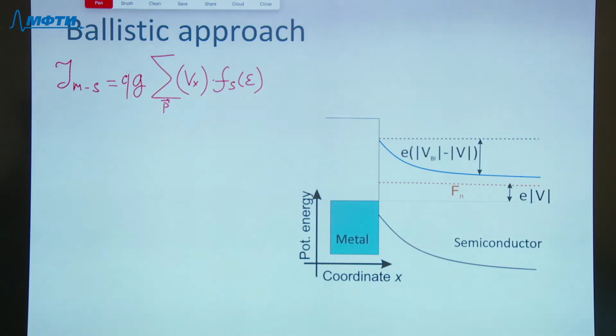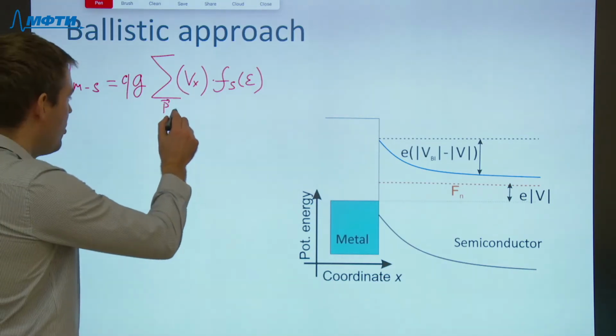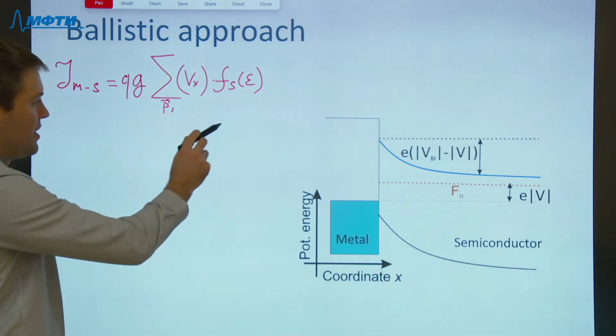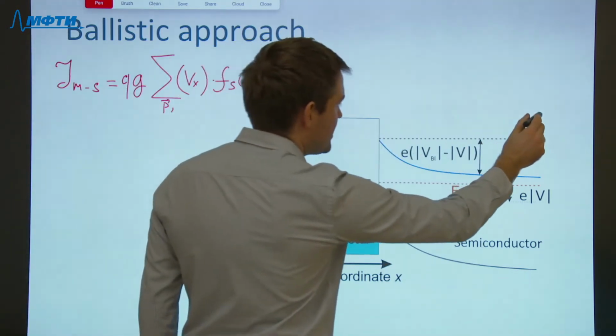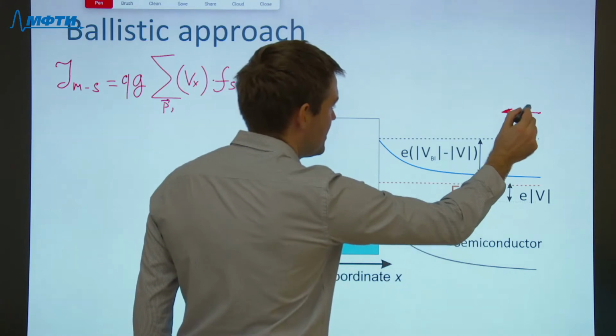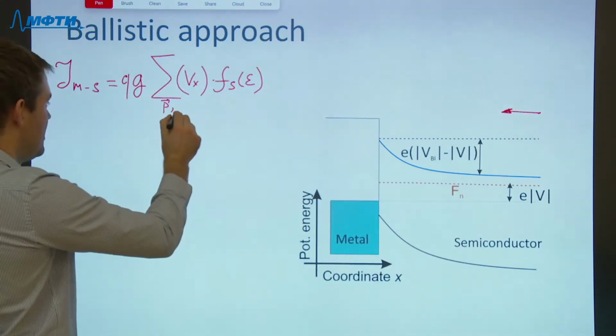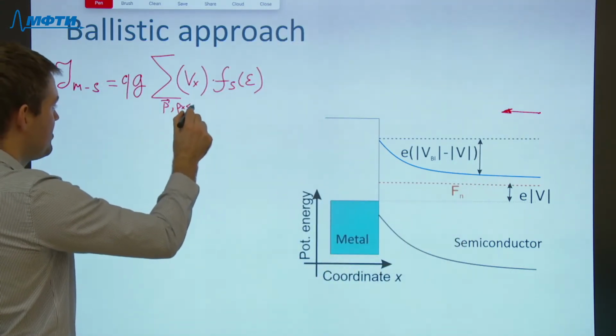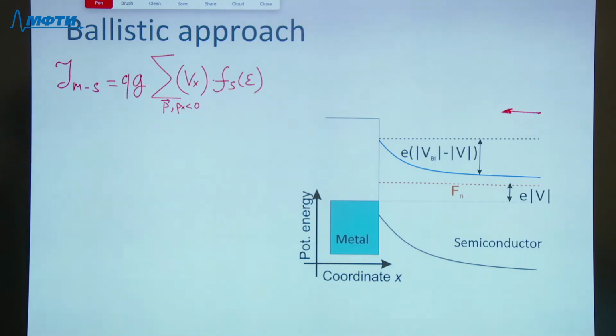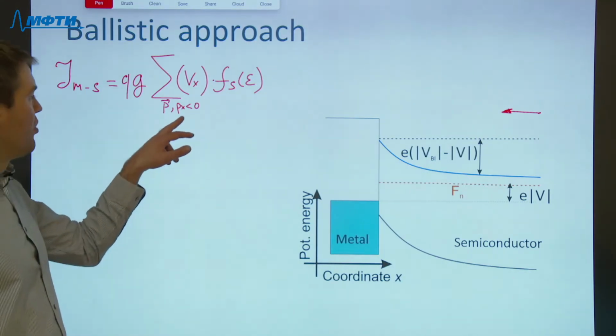The integration here occurs only over the charge carriers that are moving to the left. So not over all the phase space, but over the half of the phase space,